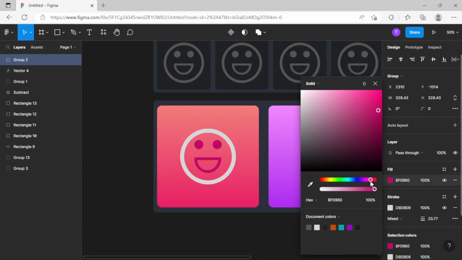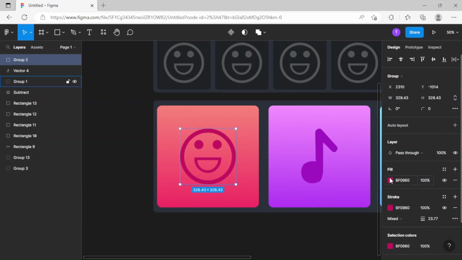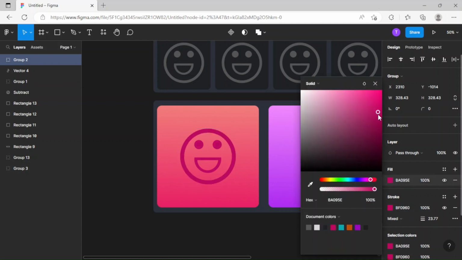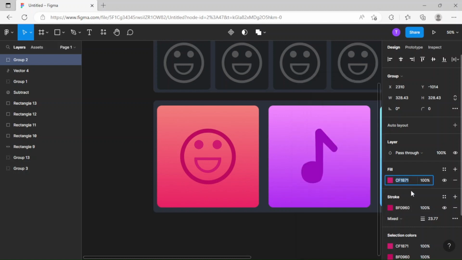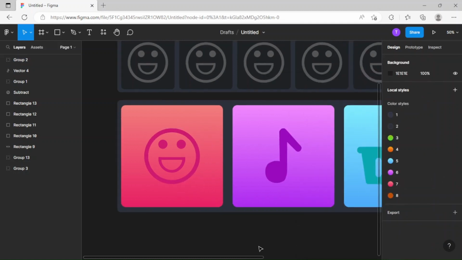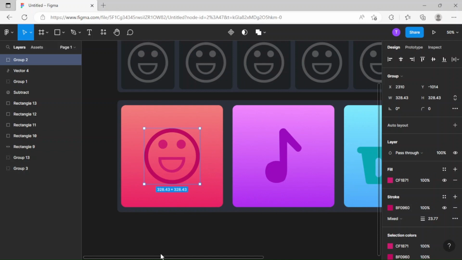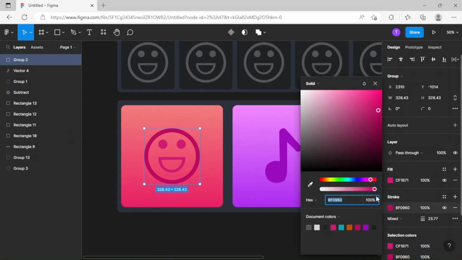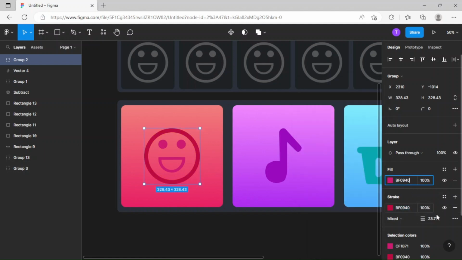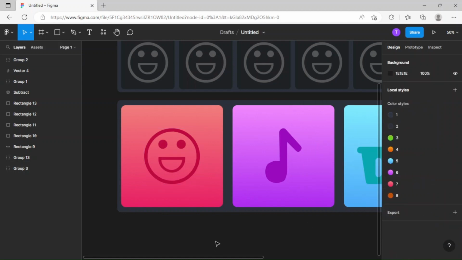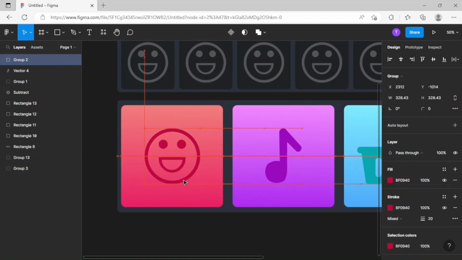Let's go for something dark pink like this, and maybe lighten a bit or darken a bit. I think I'll go a little bit light over here, or maybe dark. Maybe I go a little dark. I think I would go for a bit, yeah, this color looks good. Just need to fix the stroke, and now that looks perfect. Now I just need to center it,